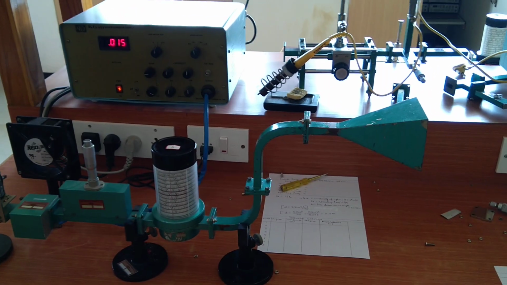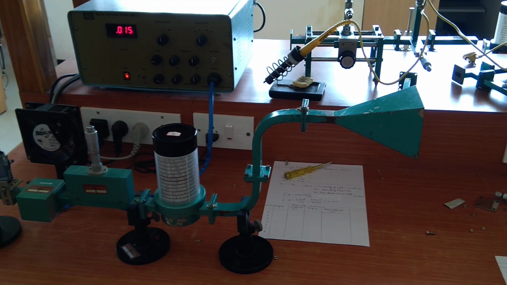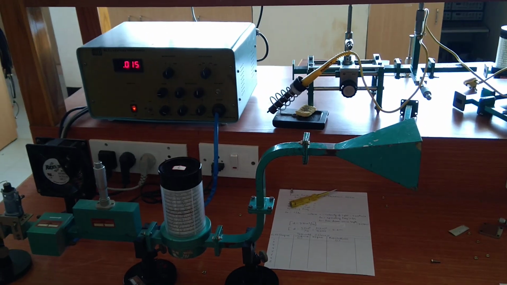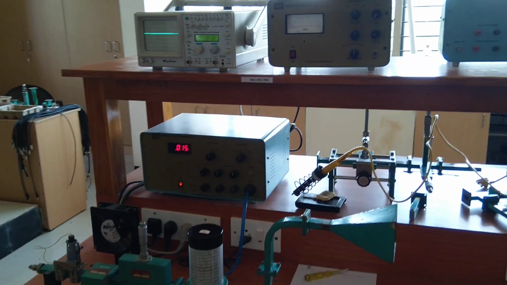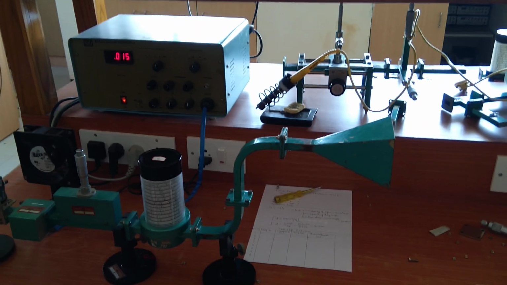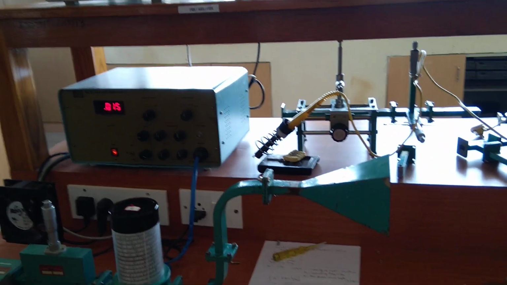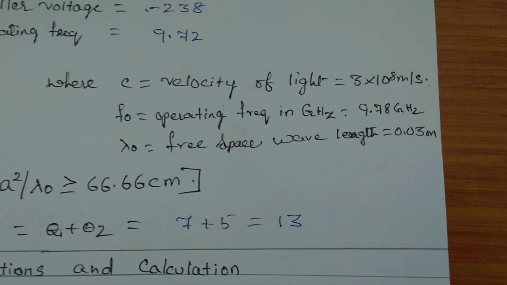Before this, usually instead of the horn antenna you have to connect a detector and find the operating frequency from the frequency meter. You already know that, and we have explained in the previous experiment how to check the initial setup. After finding the frequency, you have to connect the horn antenna like this, and the frequency we have got for this initial setup is around 9.78 gigahertz, from the frequency meter.